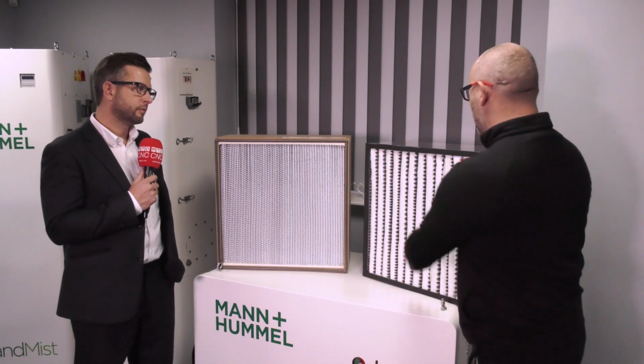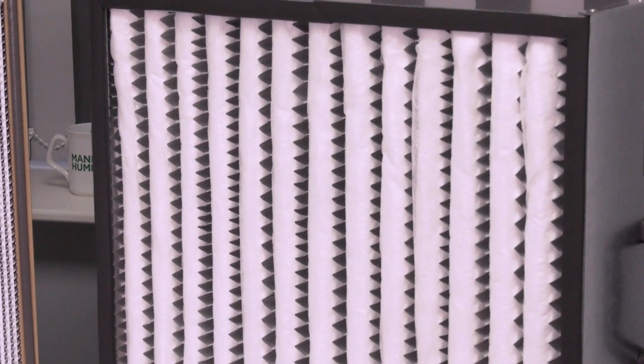So that's really important. You mentioned competition filters. How does that work? Obviously they've got to fit competition's units, but how about the clever stuff? How about the materials? So we use our blends that go into competitors' units. So it's the housings that are different. We can manufacture any filter to go in any extraction system on these cassettes, but we will use our secret blend depending again on the application. So if a customer comes to us and says they've got an application, we will look at that application and use our technology in that filter to make sure that filter gets the longest life possible